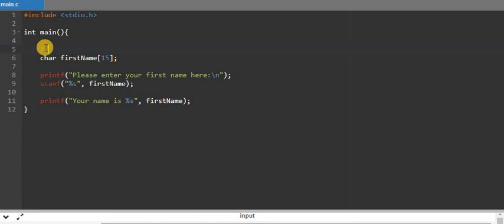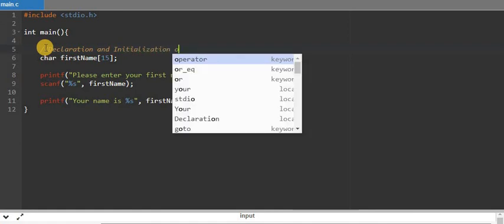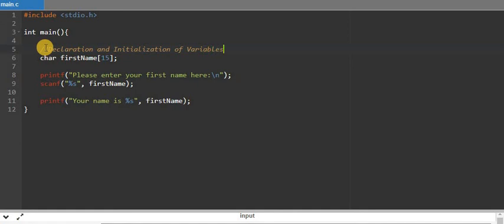Again, we said that we're declaring and initializing variables. If someone came and was reading through our program, then they would be able to know what this